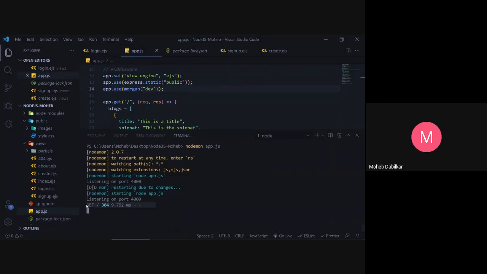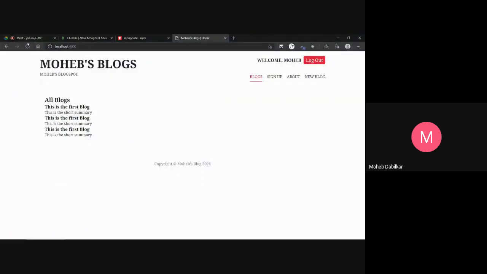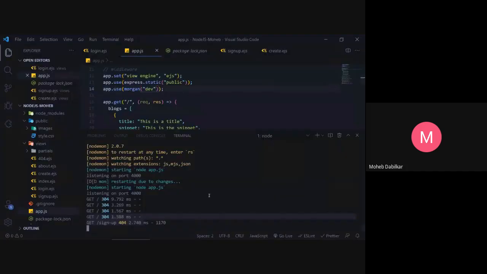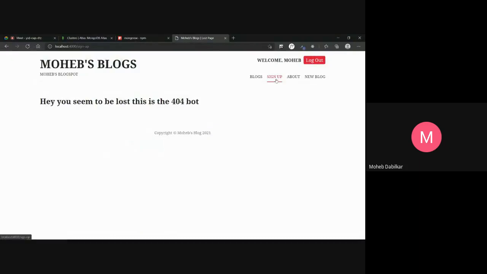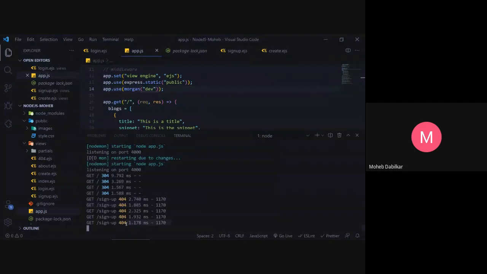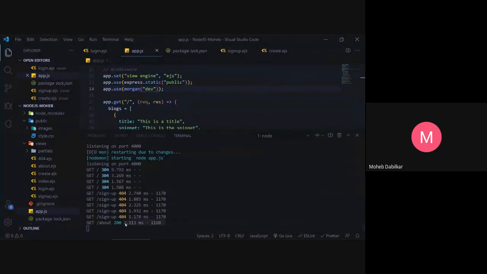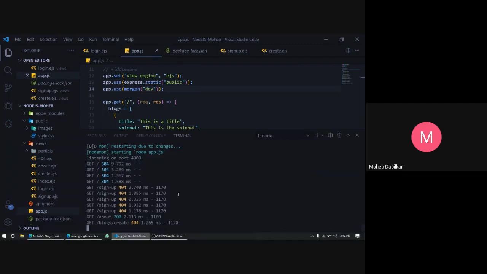So this is the initial request, so it takes time. Well, now the second request takes less time, and if you keep doing this again and again, you see it takes a lot less time. So now if I go to the sign up page, it takes 2.4 seconds. But if I keep going there, you see it takes 1.1 seconds now. And then this one takes about page. Well, you always want to optimize this because this is very important. You always want to keep yourself under the 10 millisecond mark. That is known as great performance for your website.